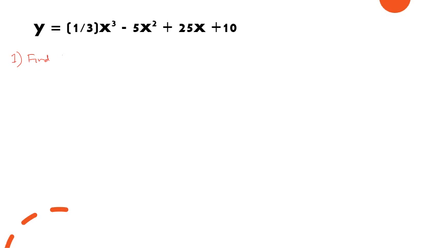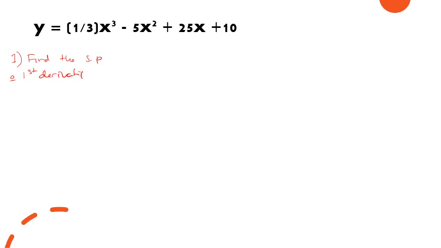Find the stationary point. I'll shorten it because I have a lot to write here, so you need to extend what S and P means. Stationary point. First of all, find the first derivative